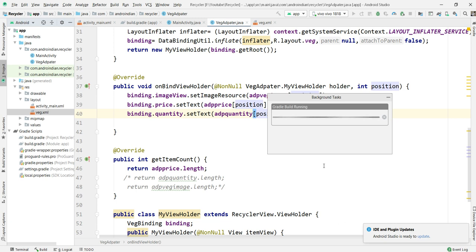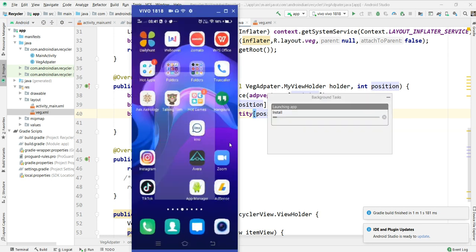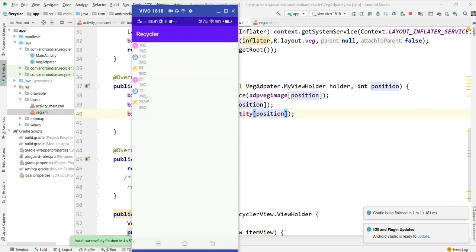It's still running. Once it's built, we can see this output. Even in the next video itself, I'll show you how to change the orientation. It's installing. See, this is like this. But in the next video, I'll show you this clearly, how to change this and make it more attractive and all.